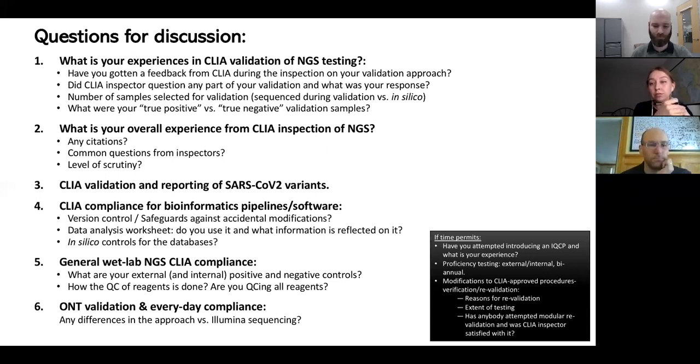And how do you document that you actually reviewed the results of all your 17 controls? It's actually automated. Our report will lay out all the results, including the negative and positive controls, and the file name of the positive control is actually the answer.